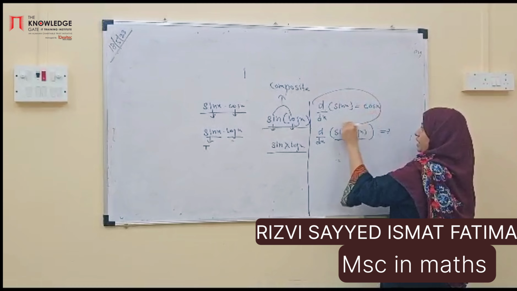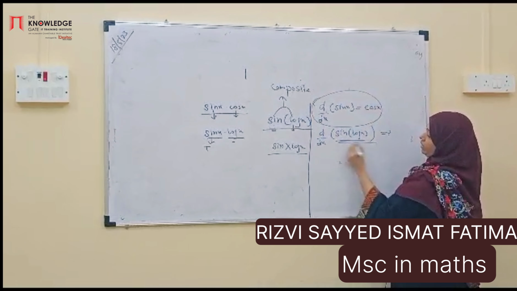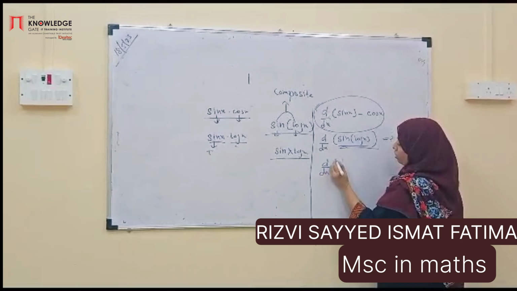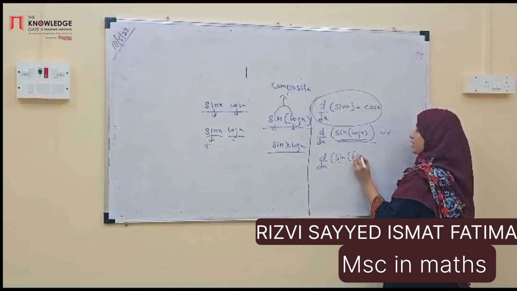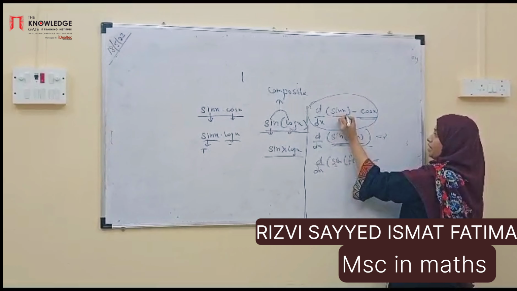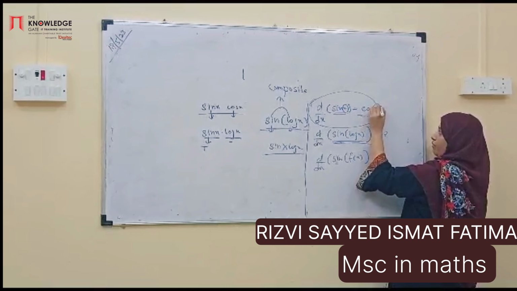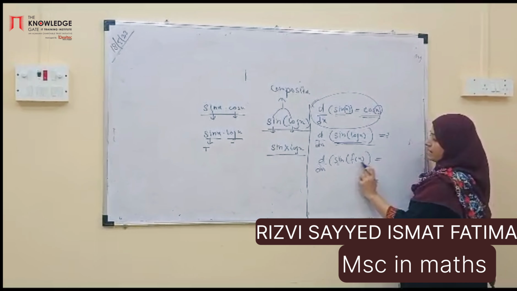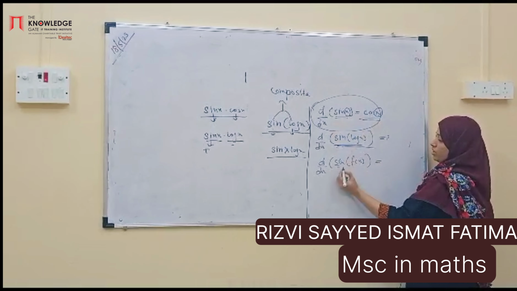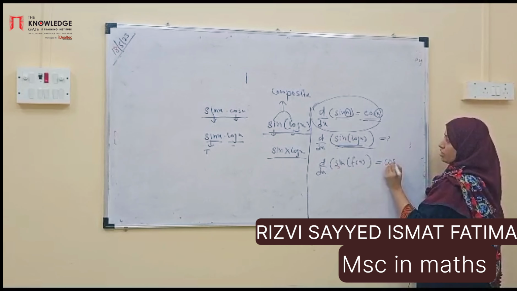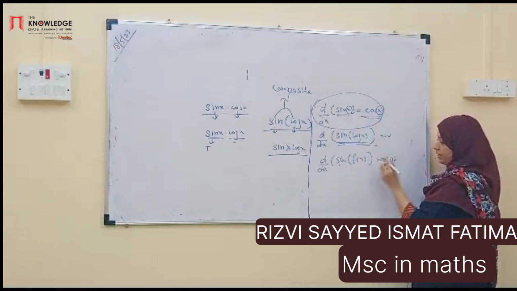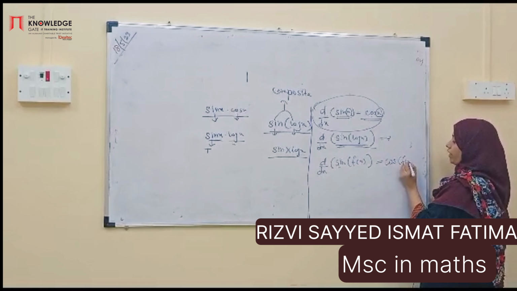We know the derivative of sin x is cos x. Now we have to find out the derivative of sin of log x. So suppose d by dx of sin of f of x. What is the derivative of sin x? It is cos x. That means if it is x, cos will come with x. Similarly, if sin is coming with f of x, what is this derivative? Sin derivative is what? Cos. If it is x, here it is cos x. But if it is f of x, here we will write cos f of x.